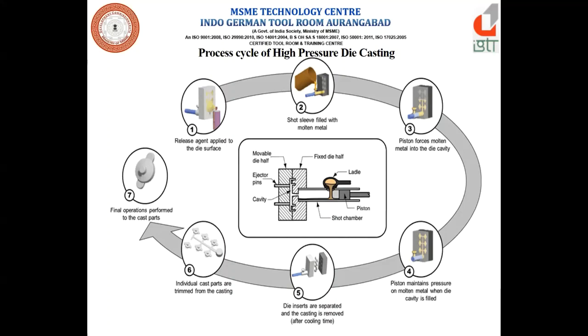Then the cooling cycle starts. The third step in the process is cooling. After the molten metal is injected into the die, it must have time to solidify and cool. So we give some time to solidify the material poured into the die. This process will last some seconds. Once the metal is completely cooled, it takes on the final shape of the casting. After this cooling period, our next process is ejection.